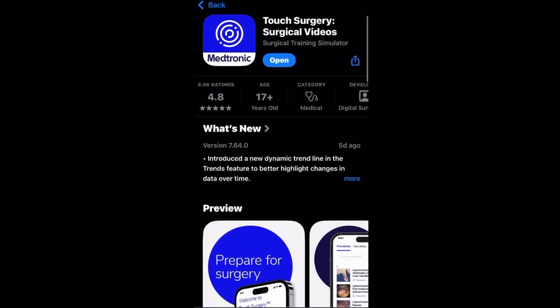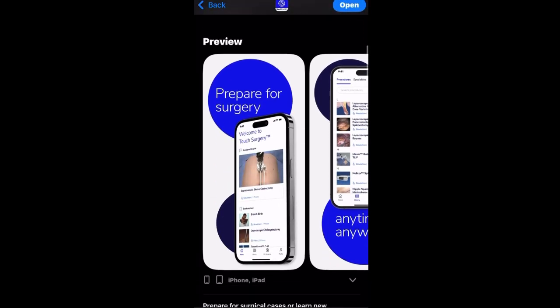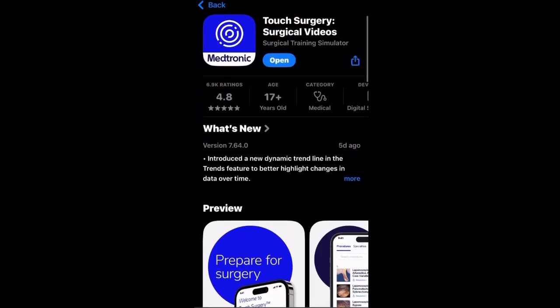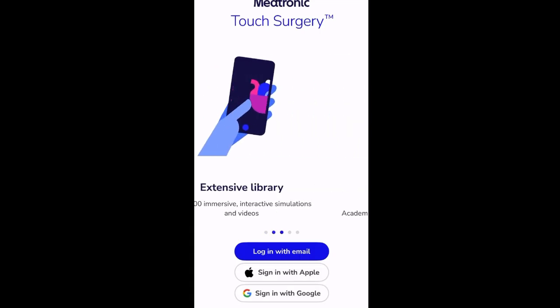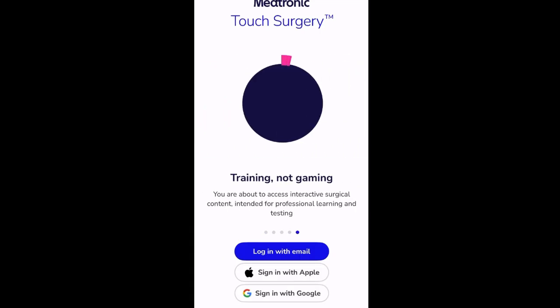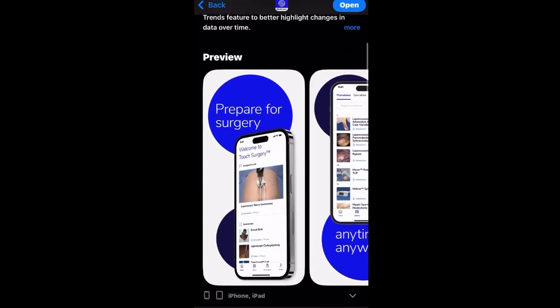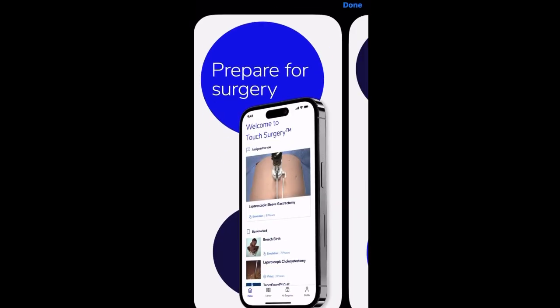This video explains the Medtronic Touch Surgery surgical videos app and whether it's worth using. Quick disclaimer. This is an explained review based on user feedback and online data, not personal use or a visual demo. Medtronic Touch Surgery is a medical training app designed to help healthcare students and professionals learn surgical procedures through